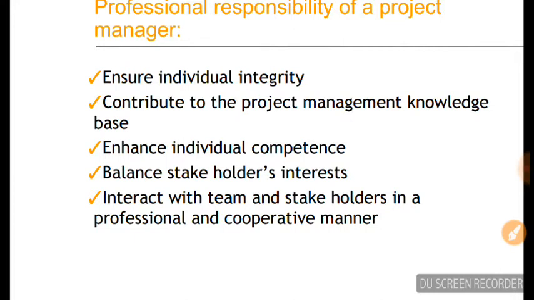So click on that, then you get another document that is about the professional ethics of a PMP. So that will give you a full list of professional ethics as defined by PMI.